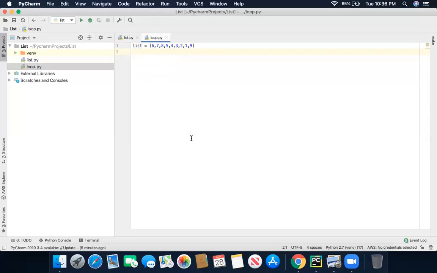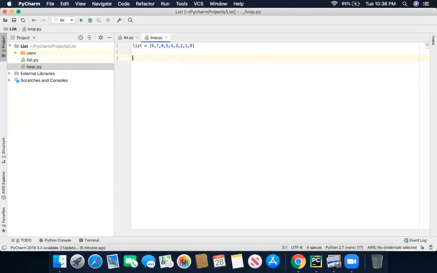It's a square bracket. Can I type in any numbers? Yes, you sure can type any numbers. Have you done it? Yeah.